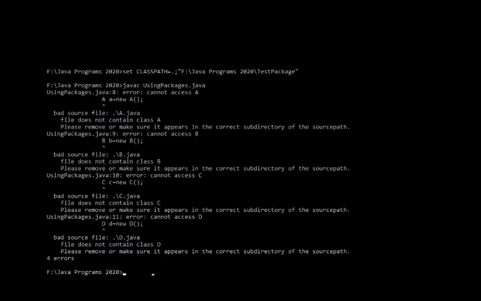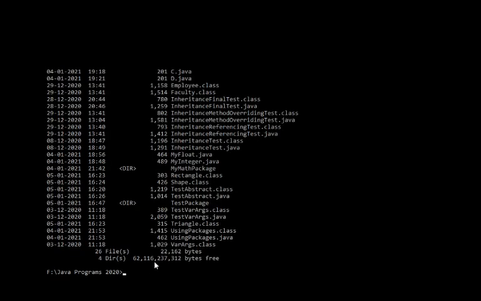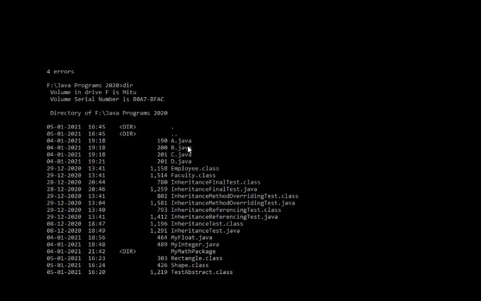Okay. Now by default it starts from the current directory. Now in our current directory you can see here I have the files A.java, B.java, C.java, D.java. So the class loader finds that A.java is there in this current directory, but A.class is not here.